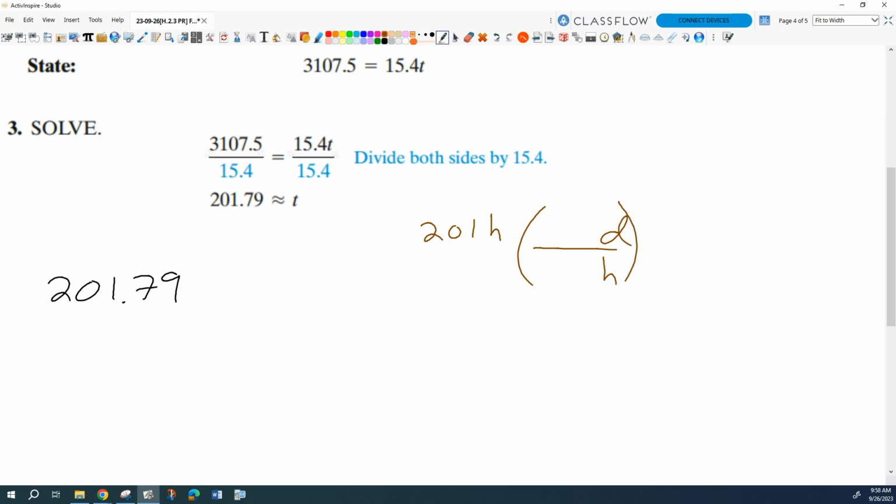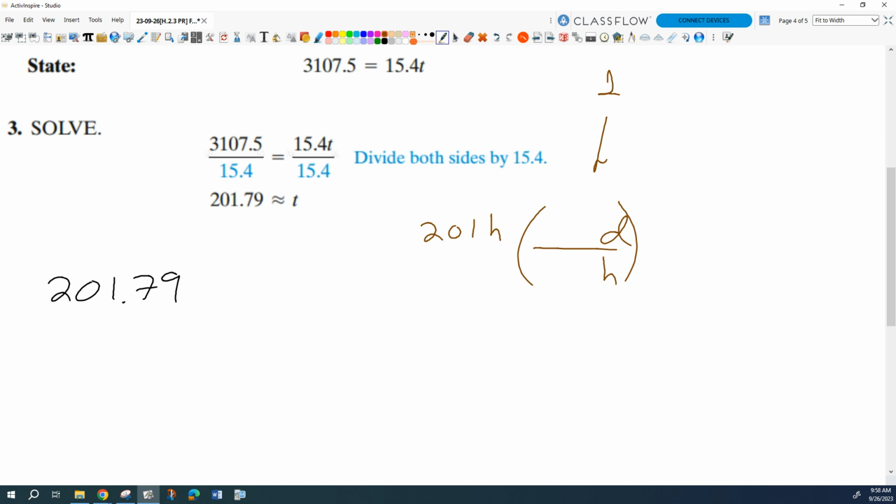Okay. So now what I need to do in the changer, we've talked about our properties of real numbers. What was our multiplicative identity? What's the number we can multiply by and not change the value of something? 1. So this has to be 1. We want 201 hours to not change. We just want to change the way we express that, right? So if I want this changer to equal 1,